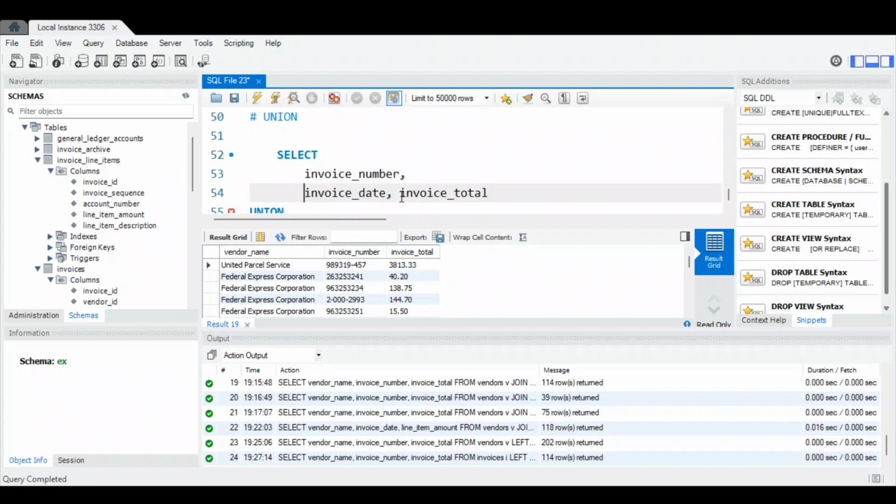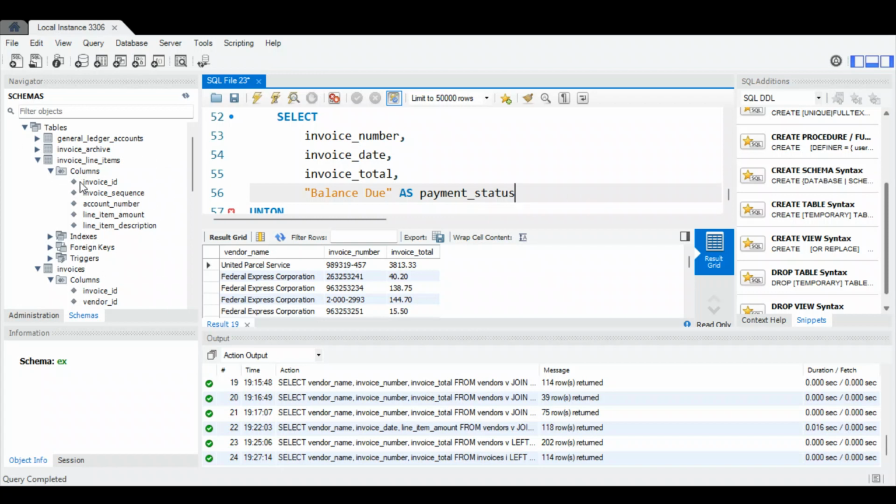Okay, invoice total, and then I'm actually going to put in balance due as, and then just come up with a name for the column, like payment status. Let's call it payment status. Okay, so what I'm doing is I'm grabbing invoice number, date, and total, balance due as payment status,